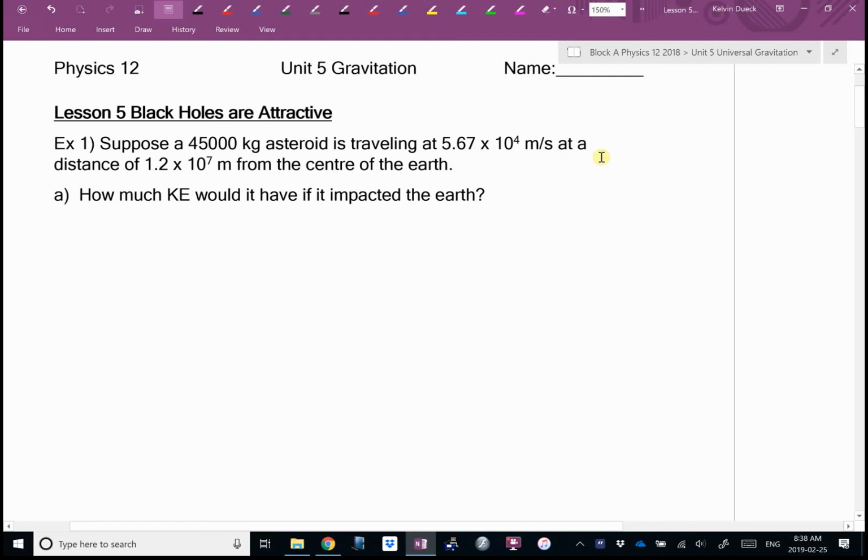So Victor, from what we've learned already, we can do a nice analysis of black holes. First, let's look at an asteroid impact. Suppose an asteroid is traveling at 5.67 times 10